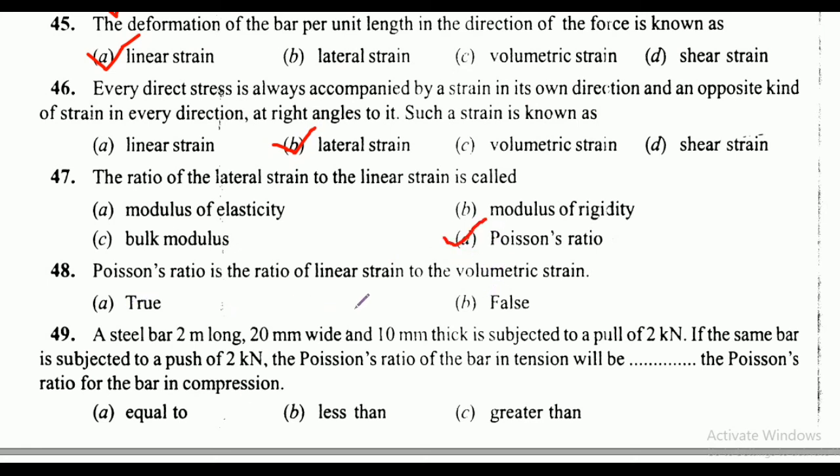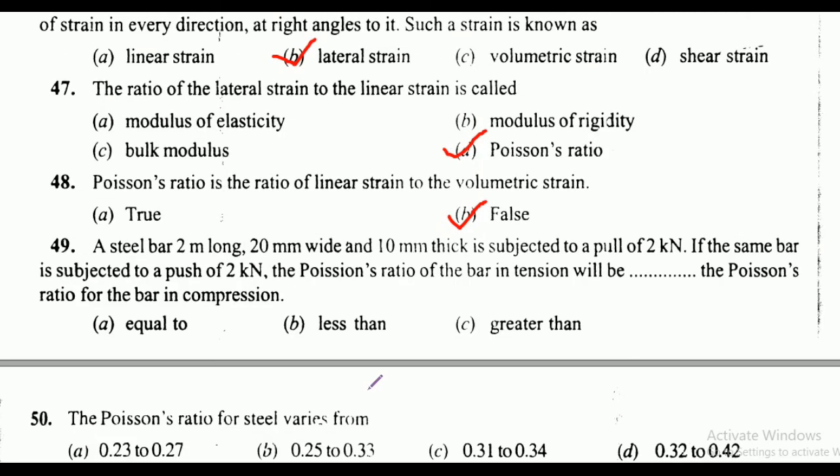Poisson's ratio is the ratio of linear strain to the volumetric strain. Is it true or false? So here it is false friends. Now next is